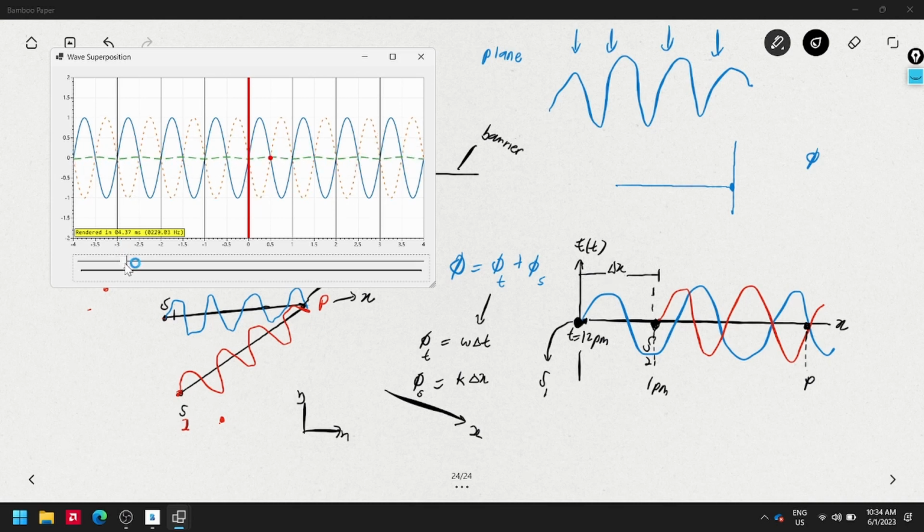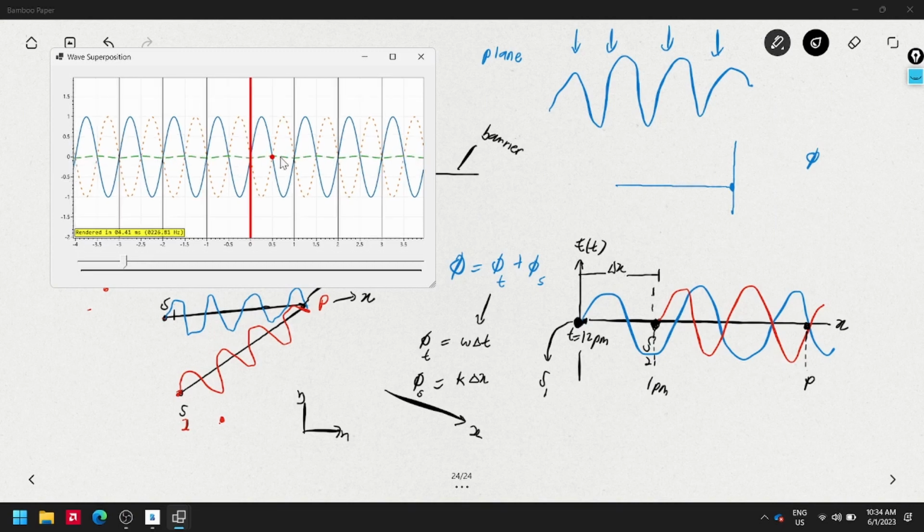Let's say if I move this exactly at half of lambda, which I'm not able to do because the movement of my slider here is stepwise, it is discrete. It is not continuous. If it is continuous, then it is possible for me to make the resultant wave 0. But now it is almost 0. As you see, the green dotted curve is approximately 0 because the maximum meets with the minimum of one another.